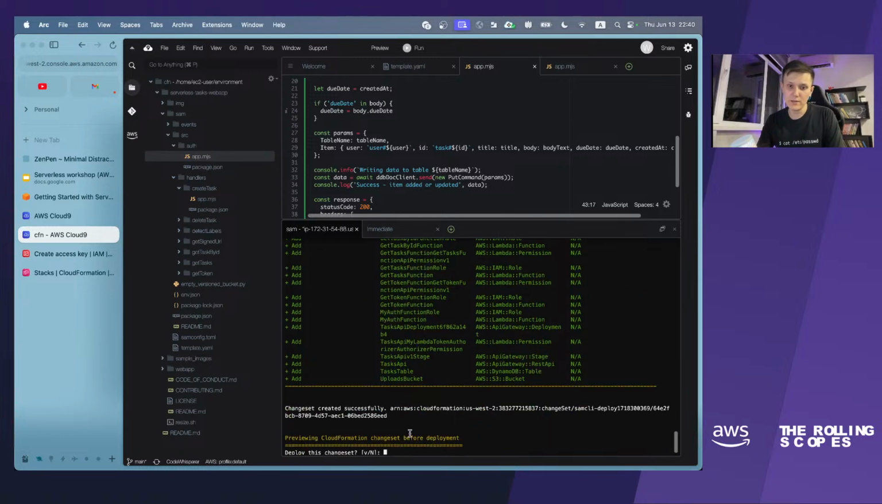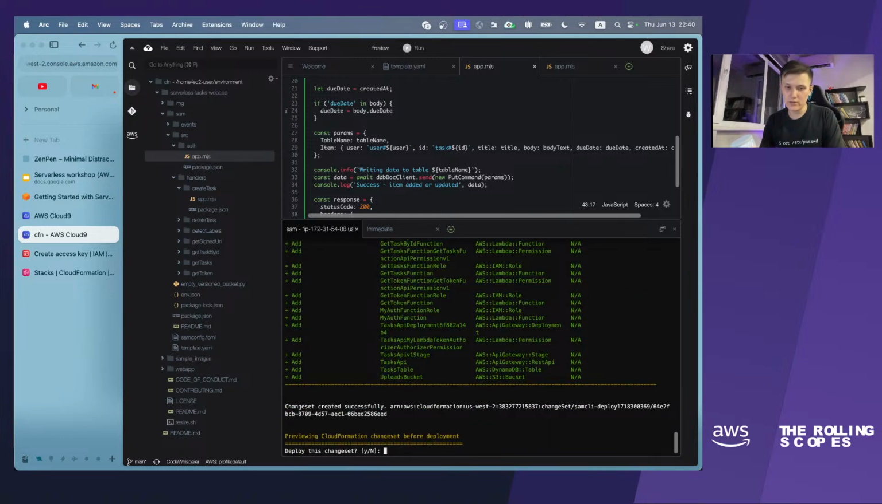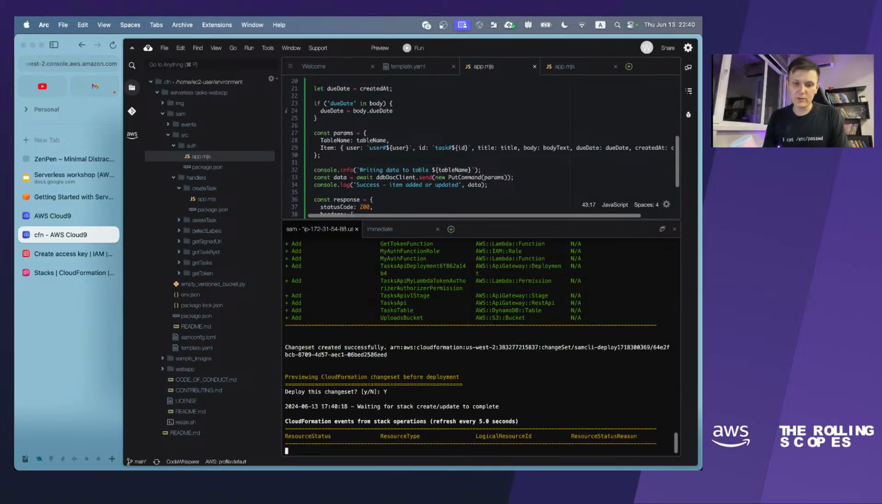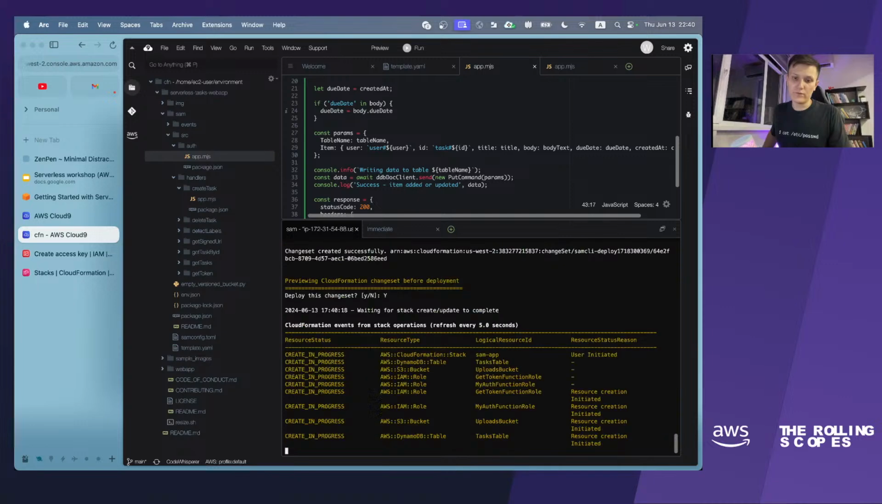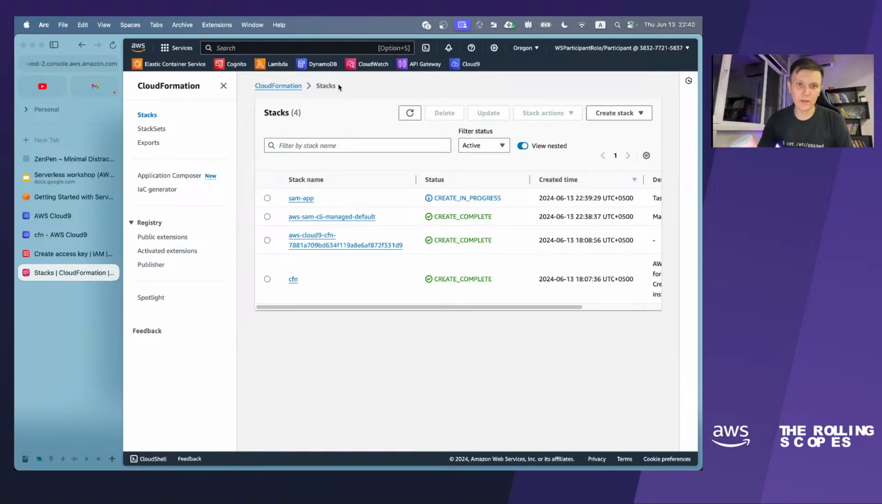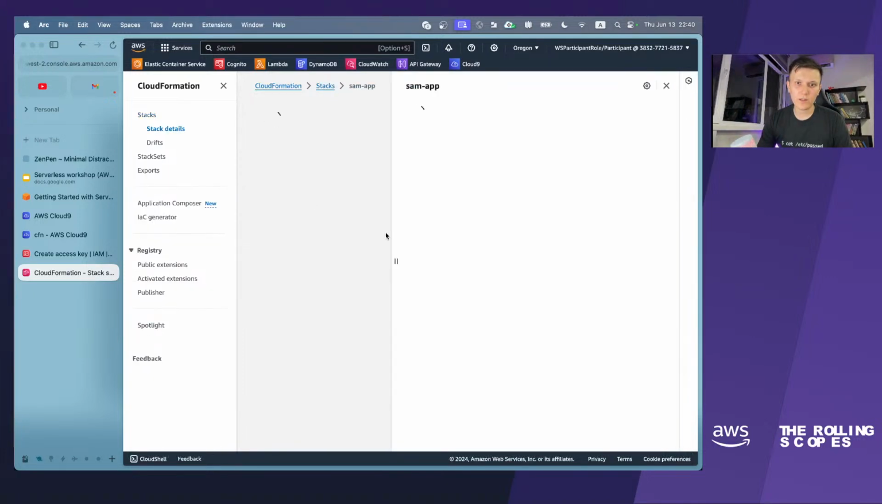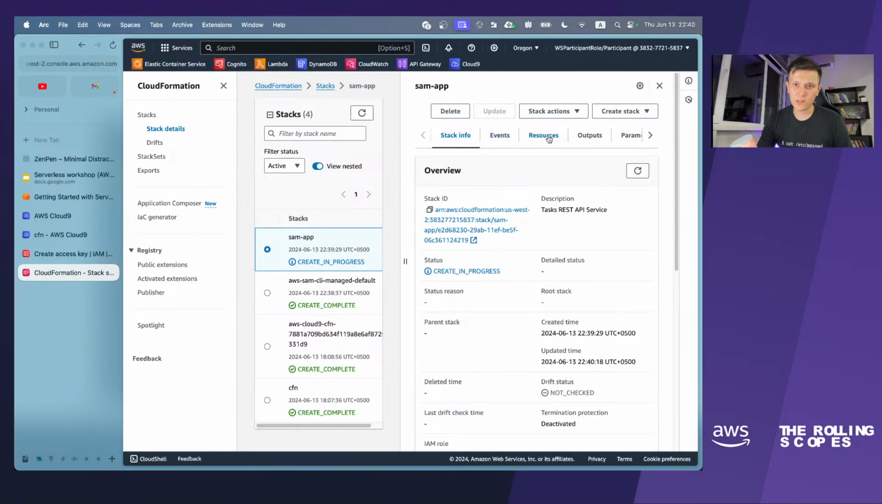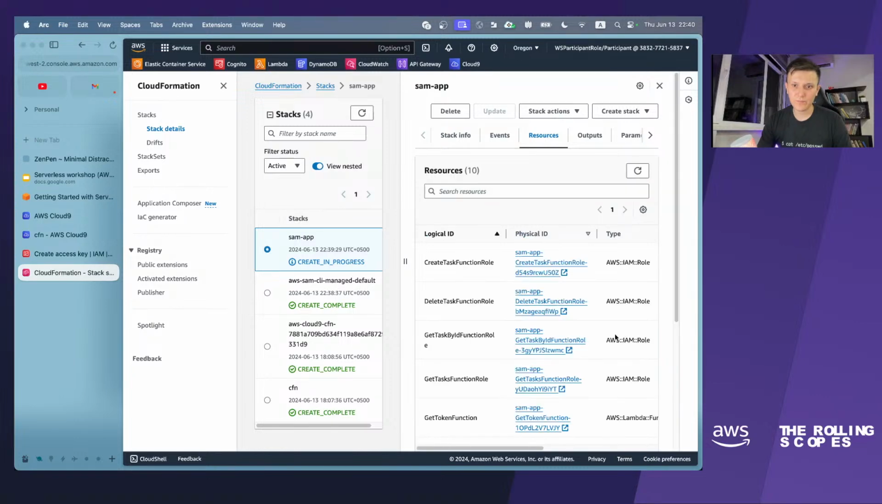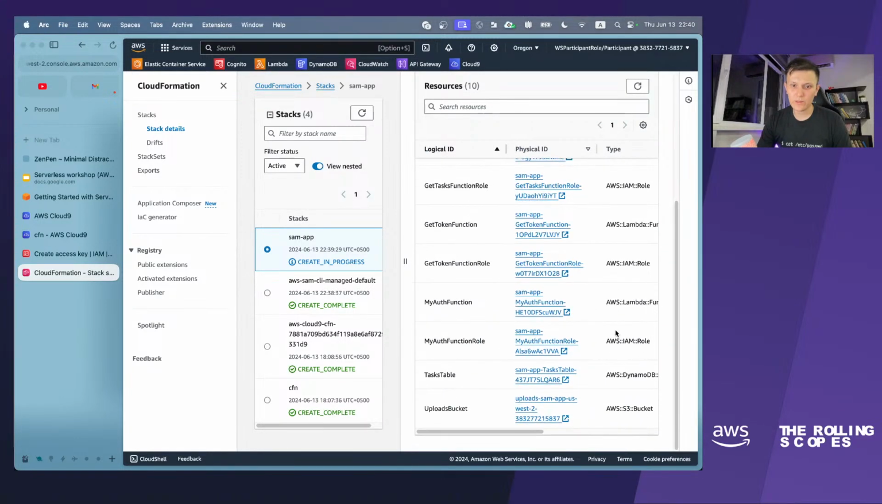Operation is add, and I am going to confirm that's correct, and I approve, and after that SAM will create this stack. And right now we have a new stack created named sam-app, and this one is in create in progress status. We can go to this stack and see the resources list, and here we do have all the